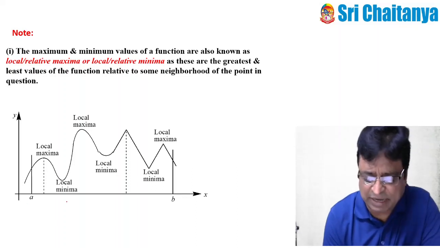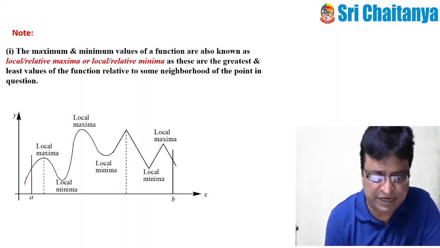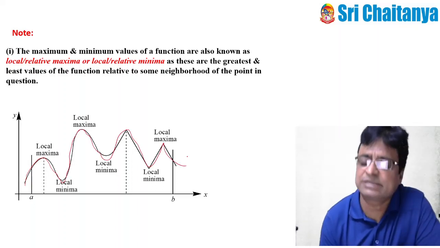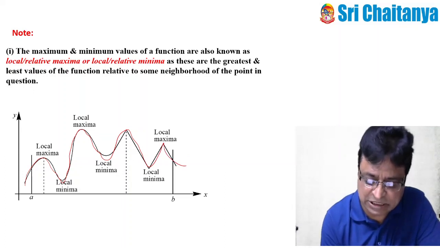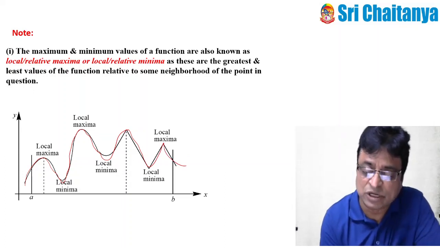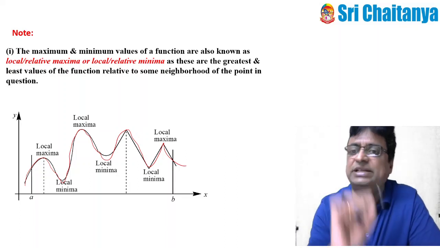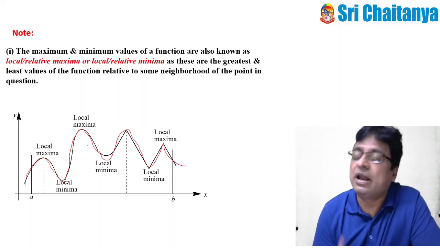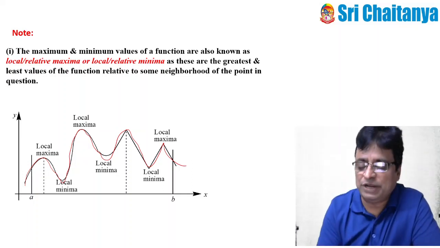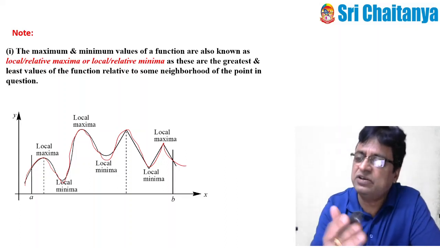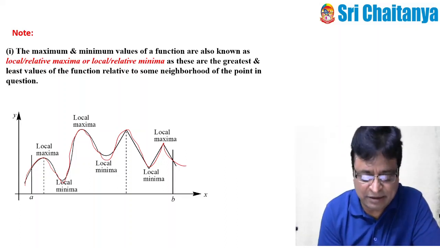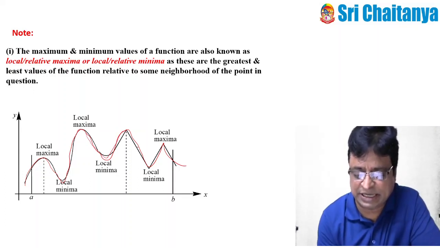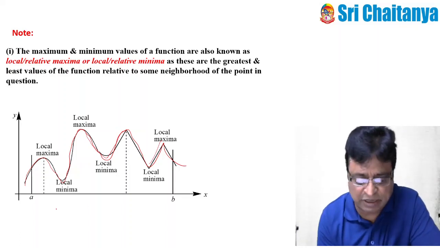Now coming to here, the most important information I am giving in the points. Suppose I have taken a continuous function defined in a closed interval [a, b]. See the beauty of the continuous function? It may be like this, it may be like this. At some points it has steep edges, at some points it has corners, and at some points it has heights. This kind of curve is called a non-monotonic curve. As I told, if a curve is monotonic, it is either increasing or decreasing, not both. But here, sometimes it is decreasing, sometimes increasing, then decreasing, increasing, decreasing. In the entire interval, it is continuous.